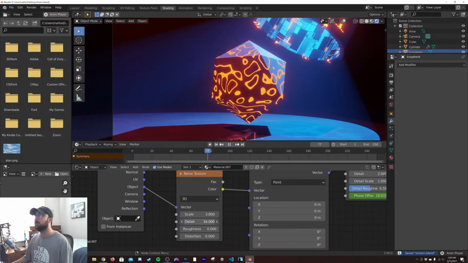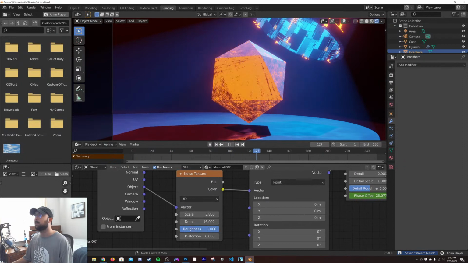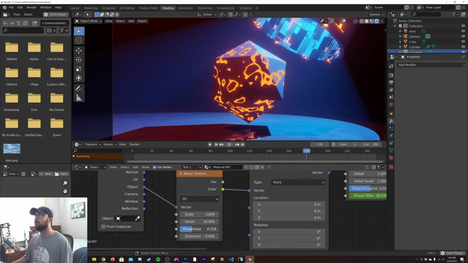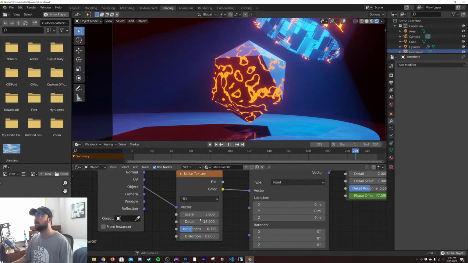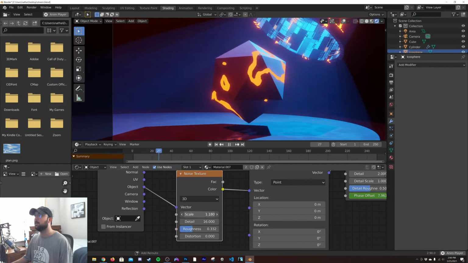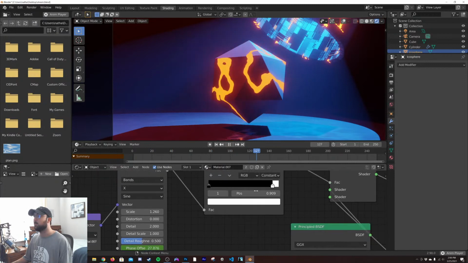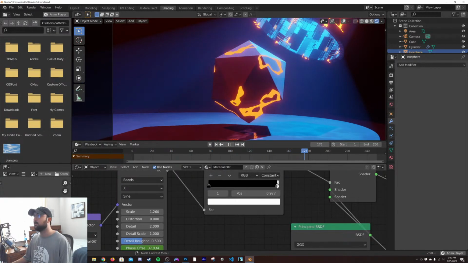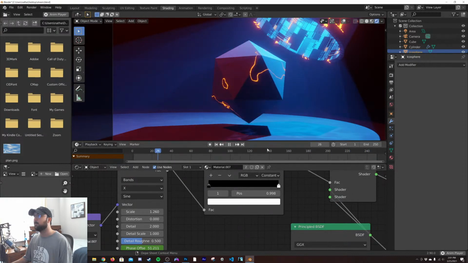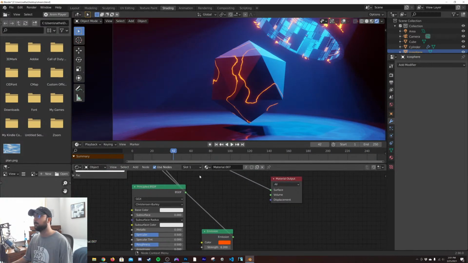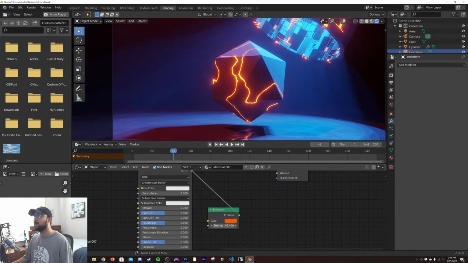And if we want, we can bring detail up, roughness up. If we like, bring the scale down to make this look like a more organic thing. And then we can change the width of those pieces to be like something weird like that. And then of course, make it glow.